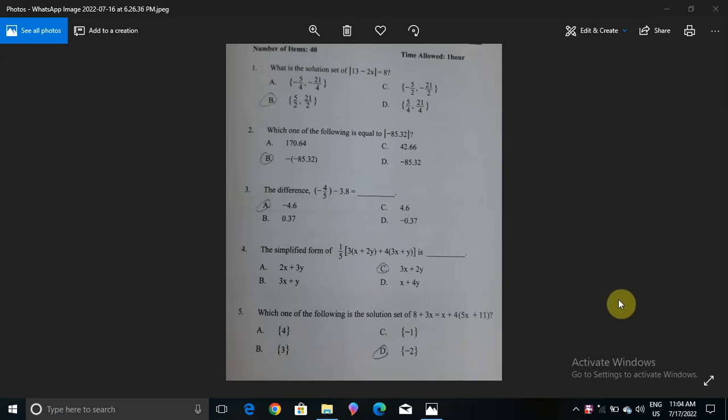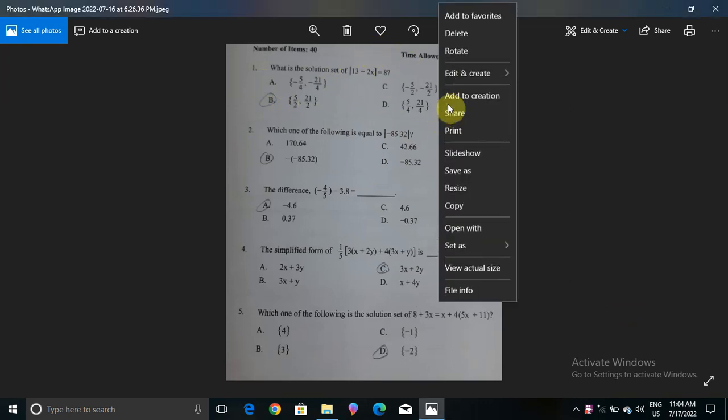Are you fine? I'm Jana Ahmed Abd Sadiq and today's model is maths. Now let's start with the first question. This model is asking: what is the solution set of the absolute value of 13 minus 2x, which is equal to 8? Okay, now let's